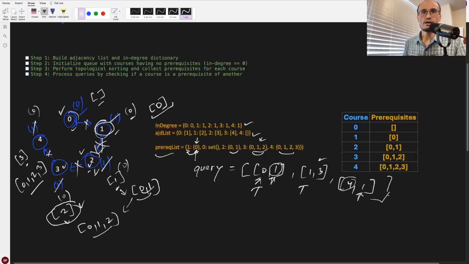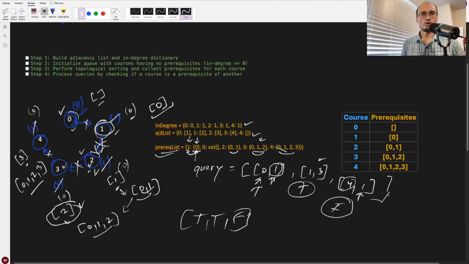Searching is very easy and efficient, because this is a dictionary and the value of the dictionary is a set, so it's like O(1) time. And we basically check this 4 within the set of prerequisite values of 1. So then this will return false, right? So we need to return true, true, and false,